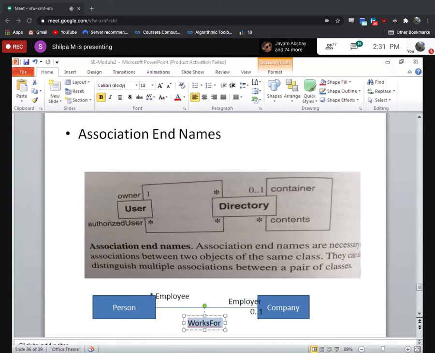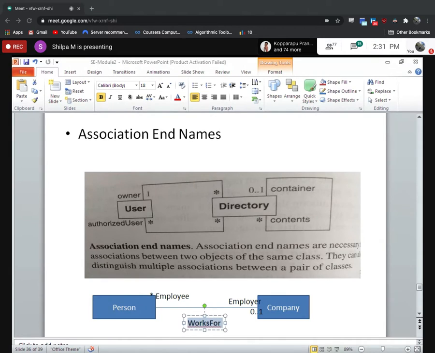As an owner, he can be fine, and he can be an authorized user. See, there is a directory. Directory can be accessed by lots of people. One is an owner, and the other is any person who has authorization. So both of them I can display like this.